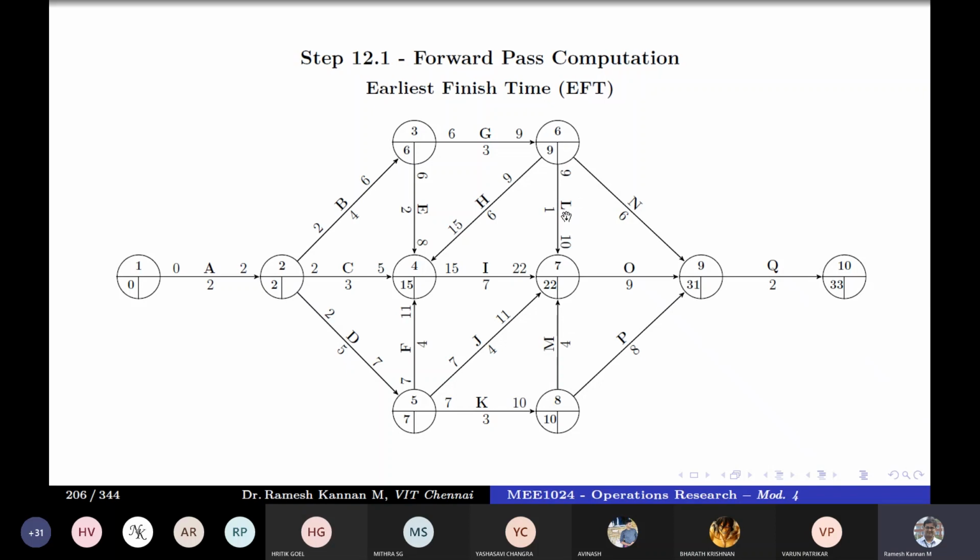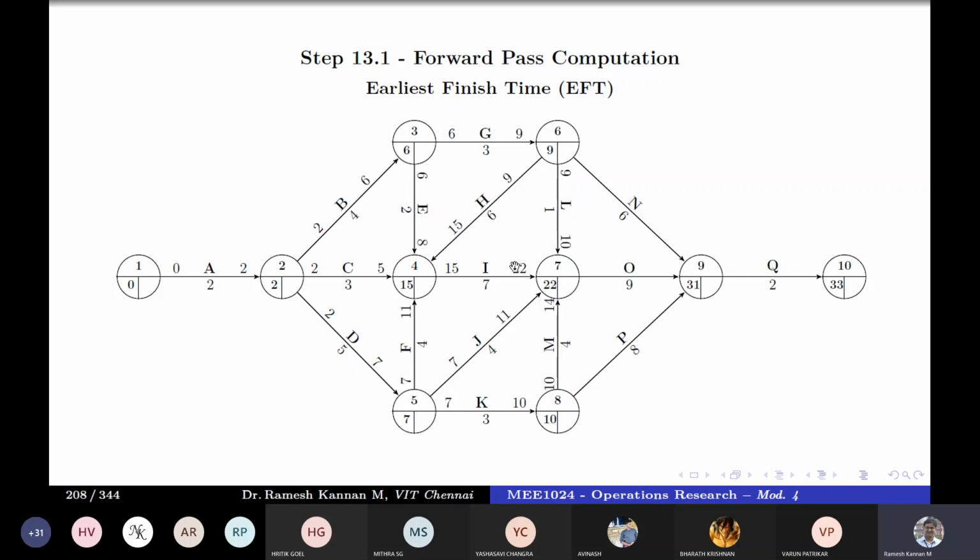9 and 9 is 9, 9 plus 1 is 10. And 10 and 10, it will be 10, 10 plus 4 is 14. And if you take a look at O, kindly pay attention here. O depends on M, J, I, and L. All these 4 arrows are pointing towards this event. So which means those are dependent of O, right?